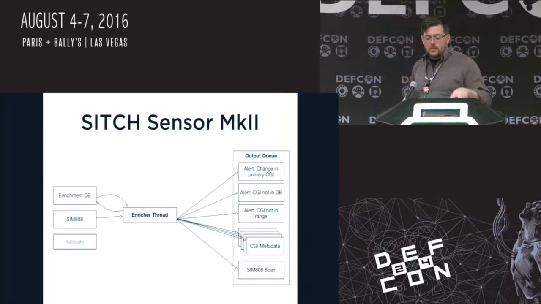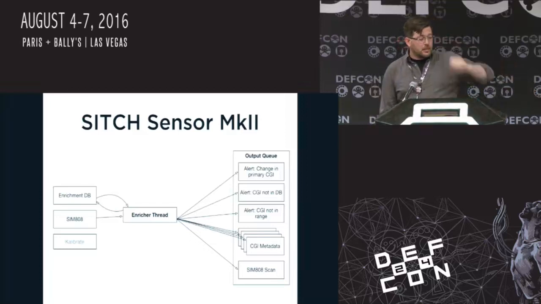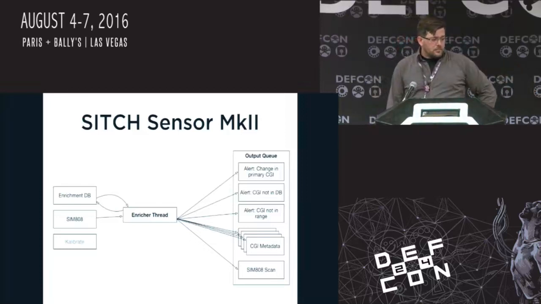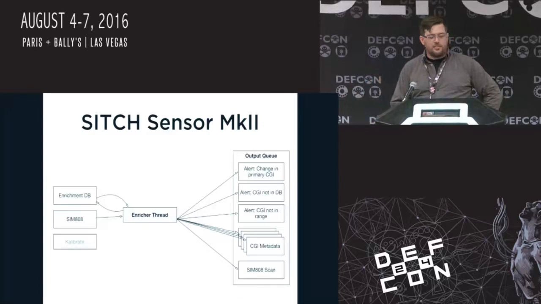What I want to draw your attention to is that this calculation is actually happening on the Raspberry Pi. So the idea is that you should be able to stand this stuff up and have a fairly small compute overhead compared to some other services, because a lot of the compute's happening on the device itself. So doing stuff like geospatial calculations, you don't have to do all of that,